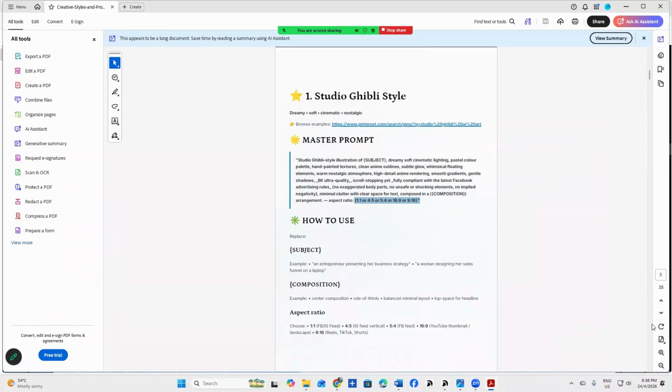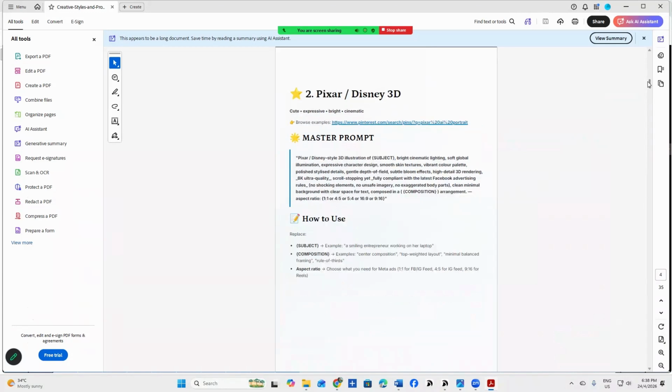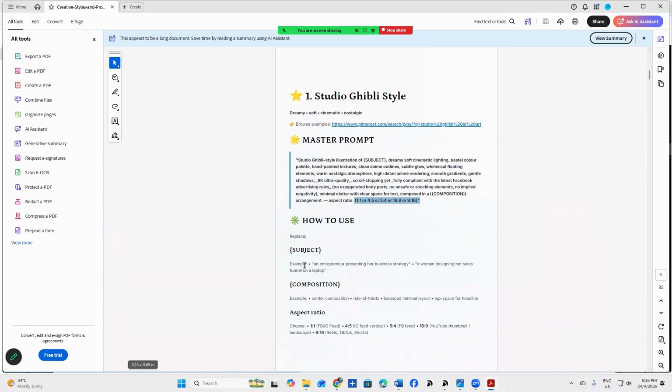And you can fit into ChatGPT or any other tool. So subject means something like this. And the composition means center, rule of thirds, balance, minimal. You can choose this. And aspect ratio, usually posters for Instagram and all that is 1:1.